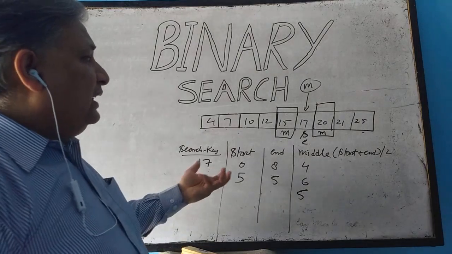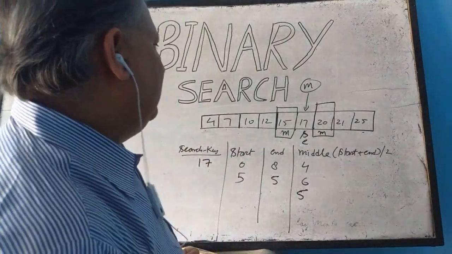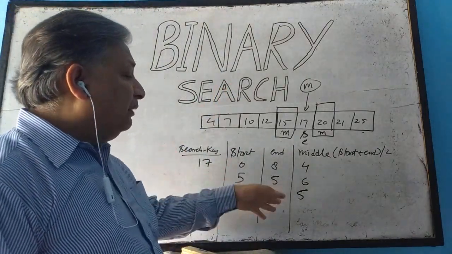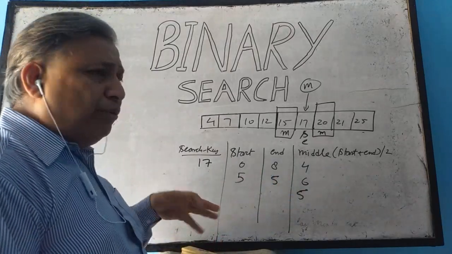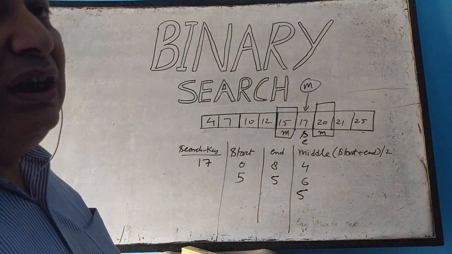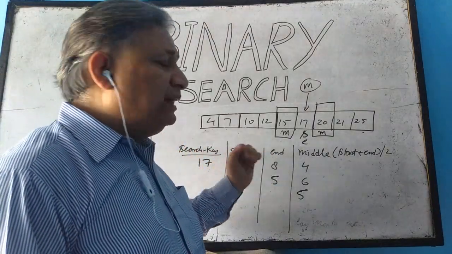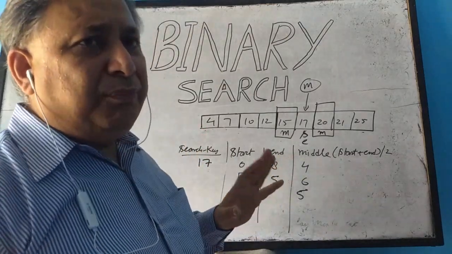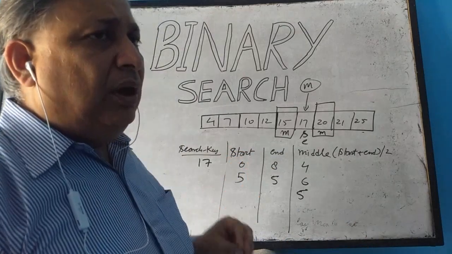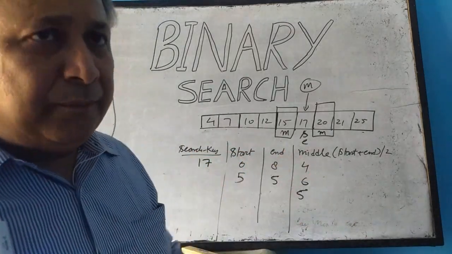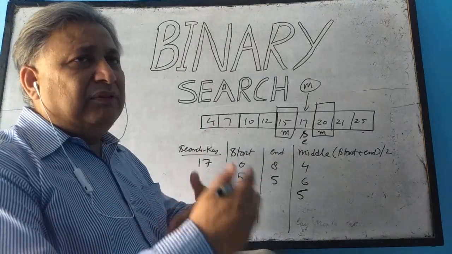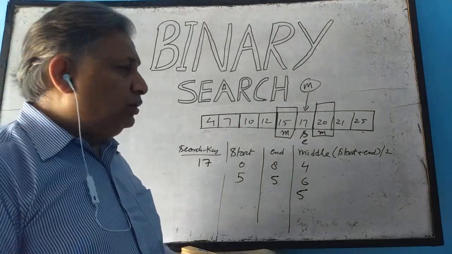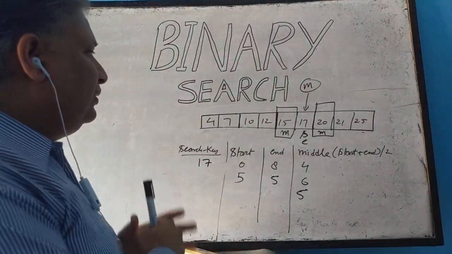In case this is not 17, this is something else, let's say it is 18, then again this is going to be false. So either the value of start will increment or end will decrement. In both ways, start is going to be more than end. Initially start was less than end, and start is incrementing, end is decrementing. At one point of time, either the number is found or start is going to be more than end. So we will come out of this, stop the process and declare whether the number was present or not. So this is the logic. Now we will implement this logic with the help of a program.